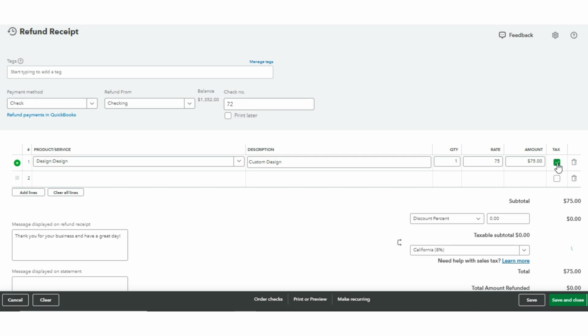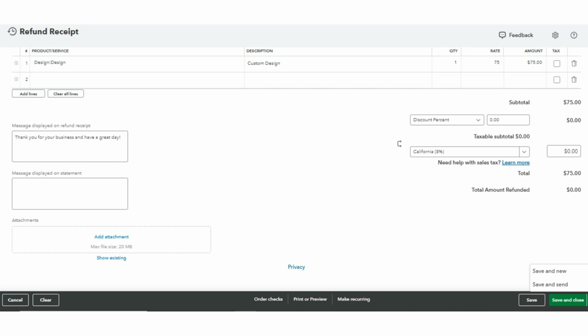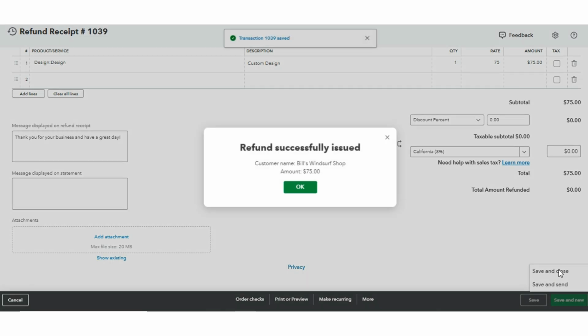If you track this product in your inventory, QuickBooks will automatically return the item to inventory. If the product is defective and you do not want it back in stock, you will need to adjust your inventory manually. Once you've finished entering the details, click Save and Send if you'd like to email the refund receipt